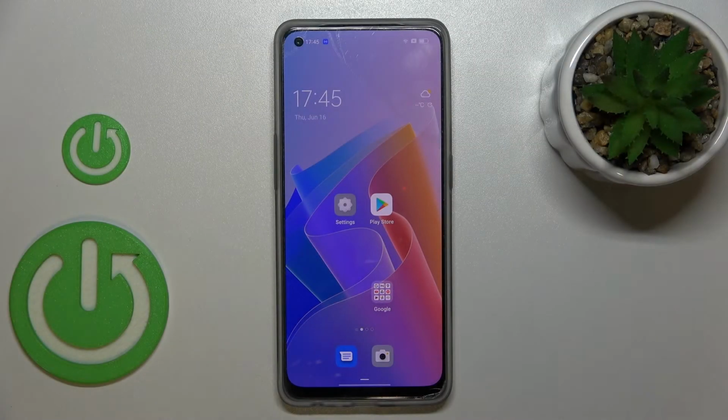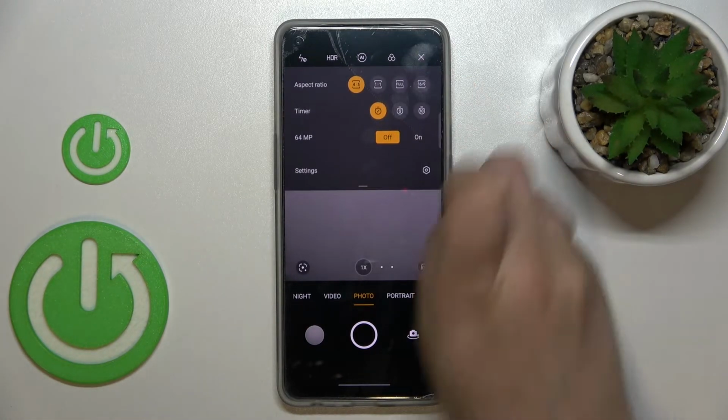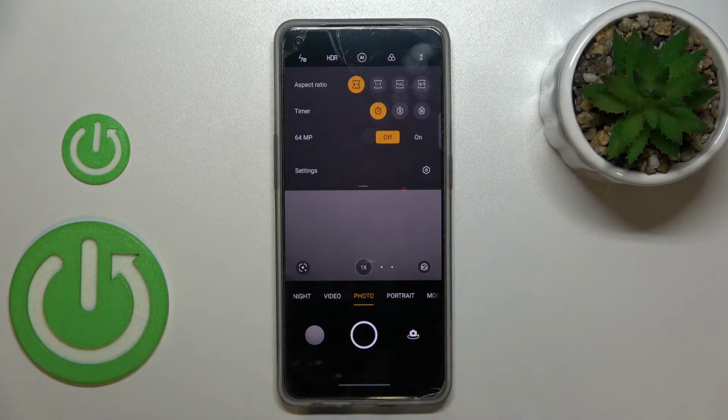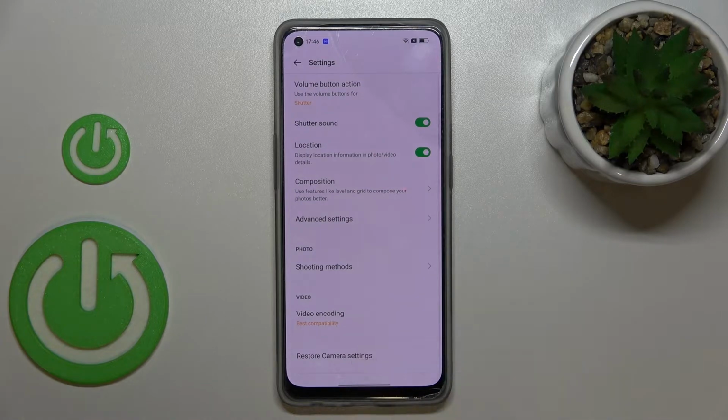Hi everyone, in front of me I've got OPPO Reno 8 and let me share with you how to reset camera settings on this device. So first of all, let's enter the camera app, and it doesn't really matter on which mode you will be, just tap on this two dots icon in the right upper corner and enter the settings. Now we have to scroll down to the very bottom and tap on restore camera settings, tap on it again,